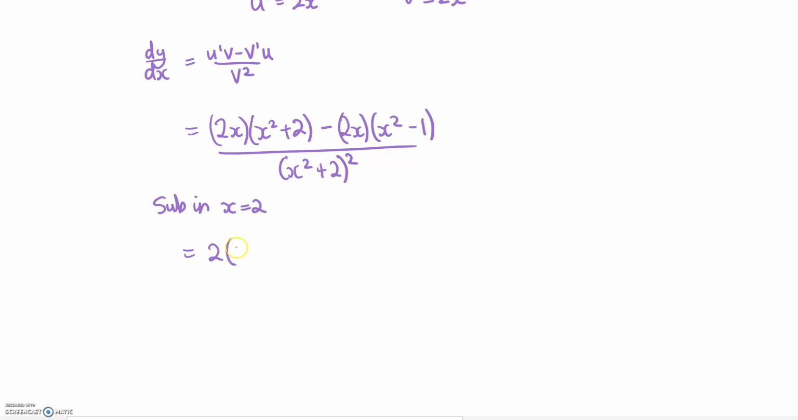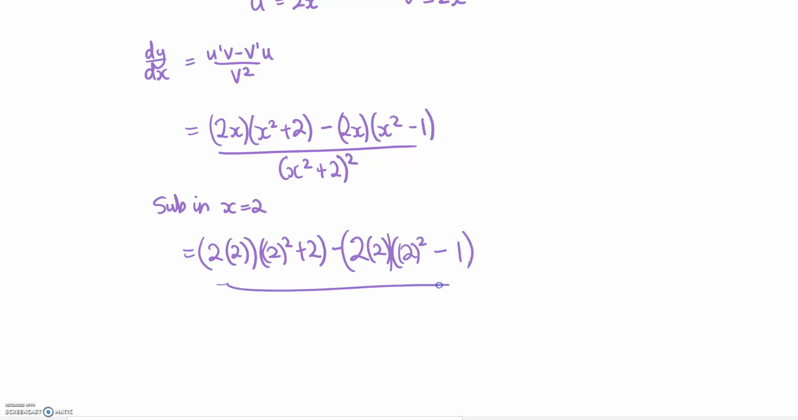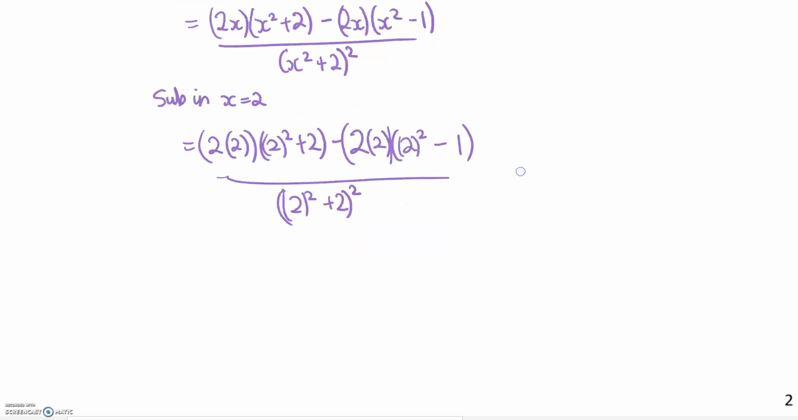So I'm going to get 2 times by 2, and then 2 squared plus 2, take 2 times by 2 times 2 squared take 1, all over 2 squared plus 2 all squared. So that looks very messy, but I can quickly work through this as long as I pay attention to my brackets. 4 plus 2, take